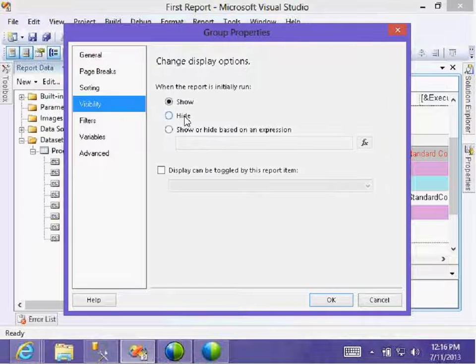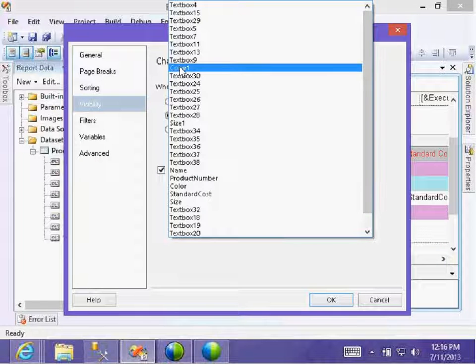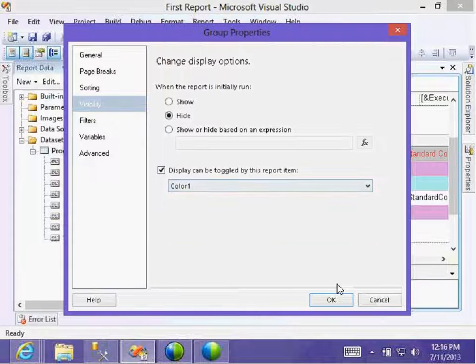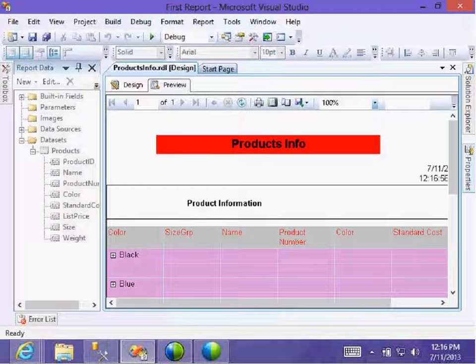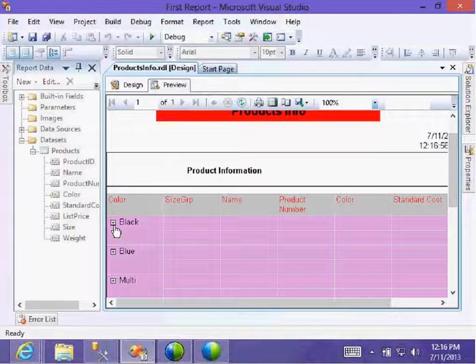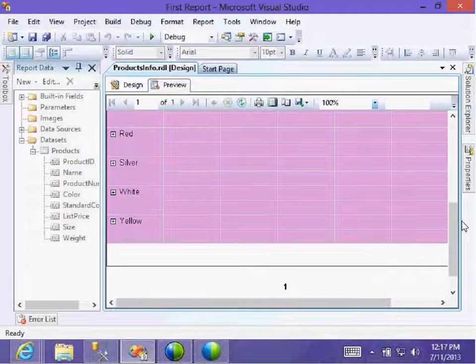Then go to now what? Display when the color is selected. That's it. What's the preview? It only displays color.